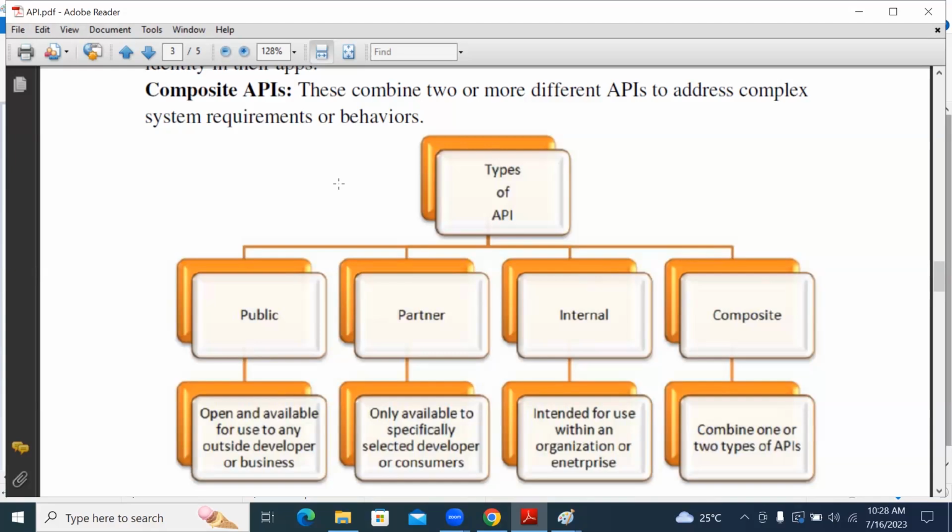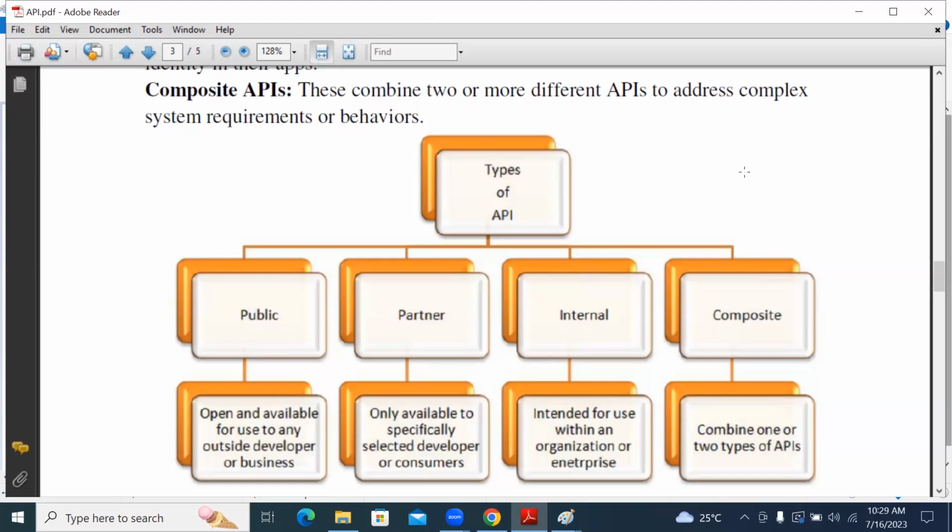If you are attending an interview related to API testing, you can expect questions like what is an API, how exactly does an API work, and what are the different types of APIs.